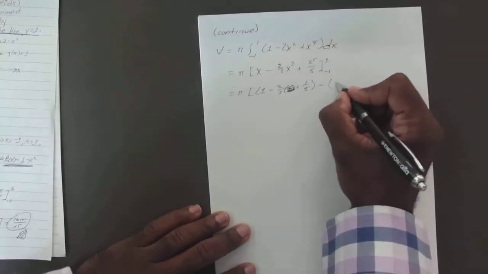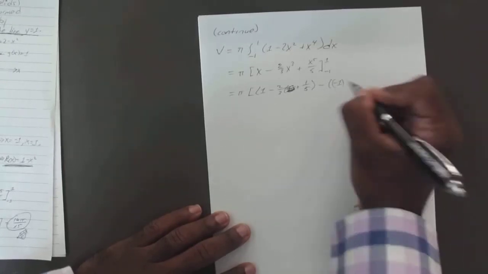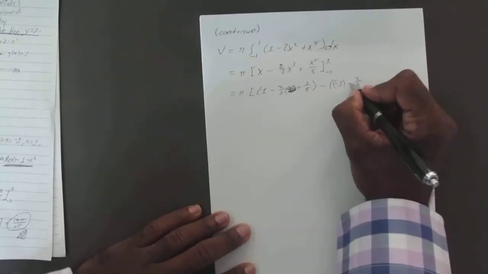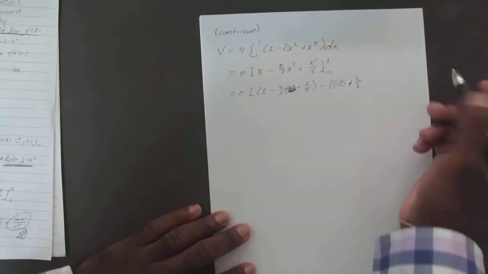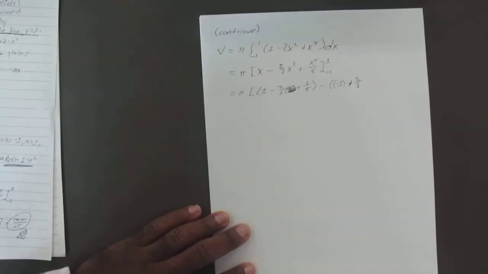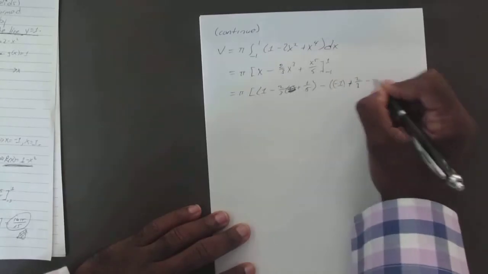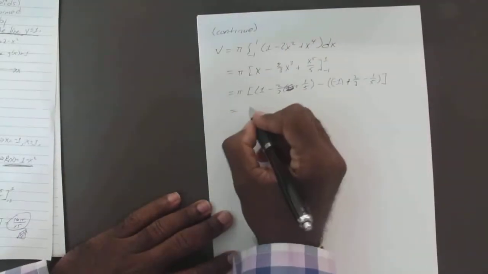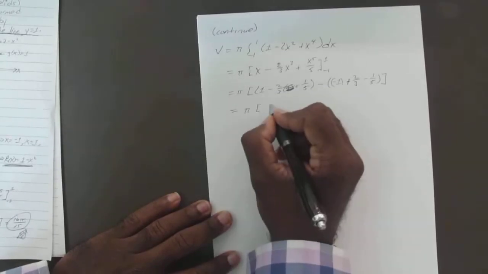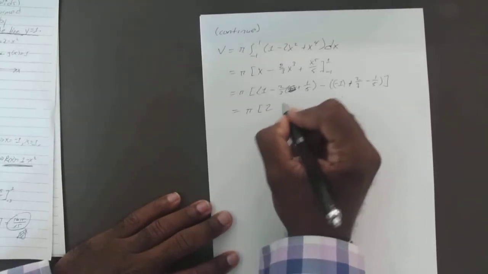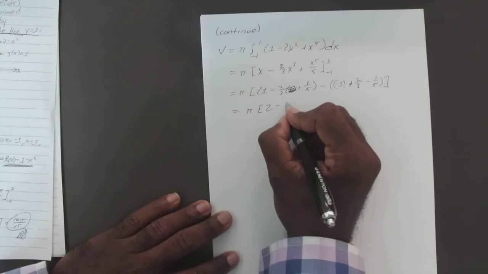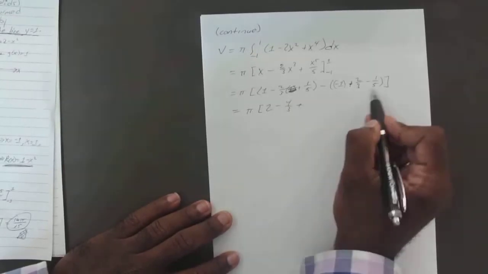Okay, so if we plug in our 1s, we get 1 minus 2/3 times 1 plus 1/5. We don't really need the 1 there. Minus, now we plug in our negative 1, minus 2/3, negative 1 to the 3rd power is a negative 1, so that makes that plus. And we have our x to the 5th, negative 1 to the 5th power is negative 1, so that makes that minus. Okay. So that gives us pi,